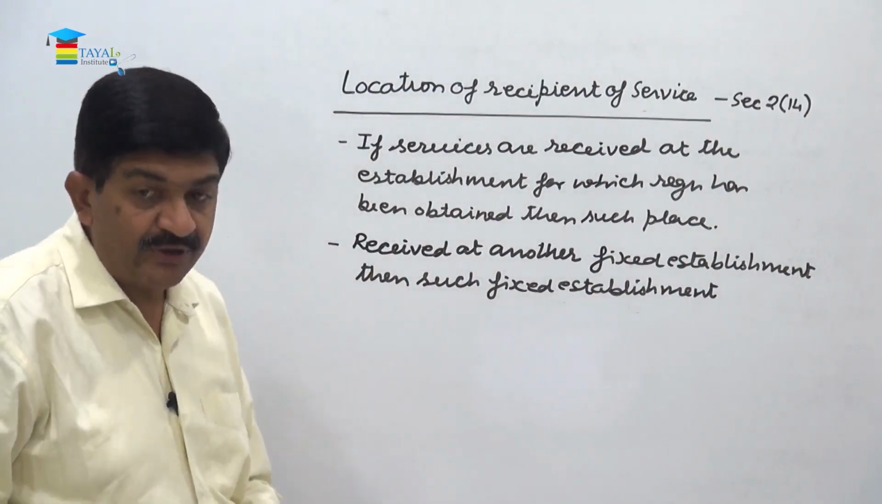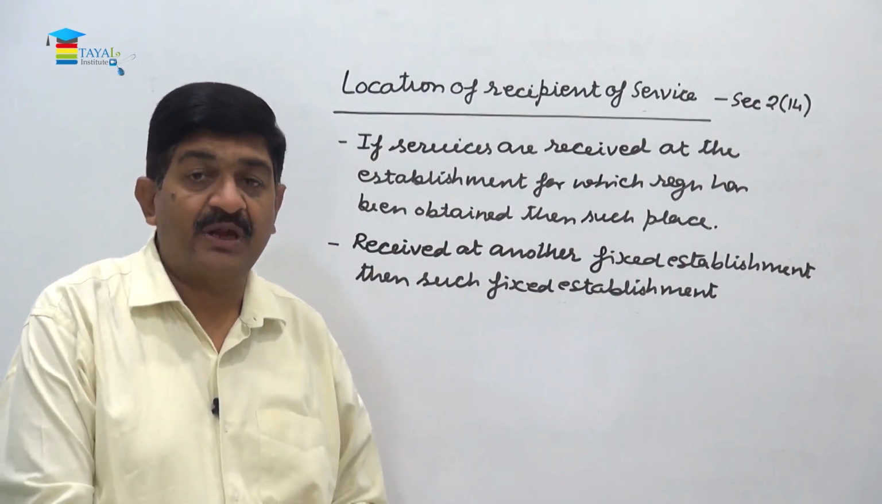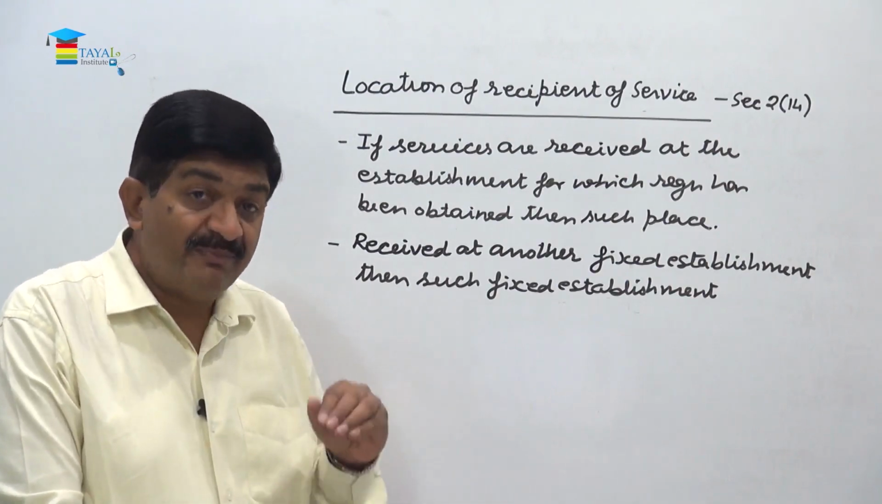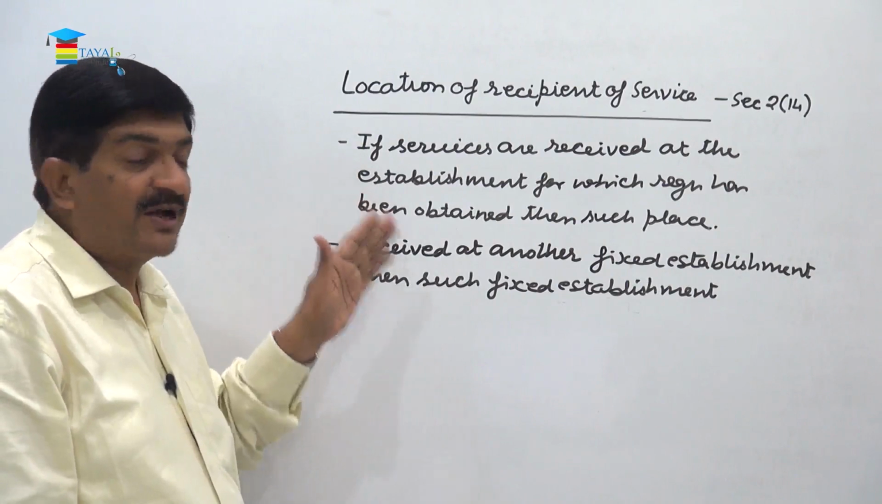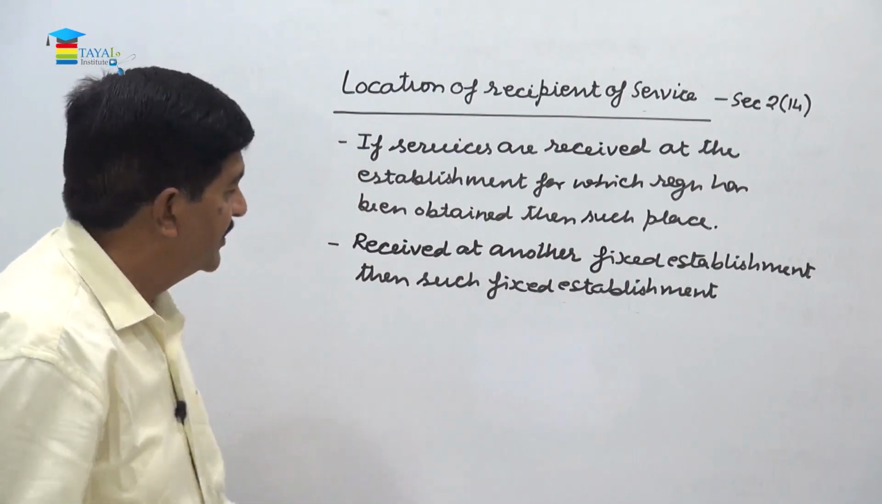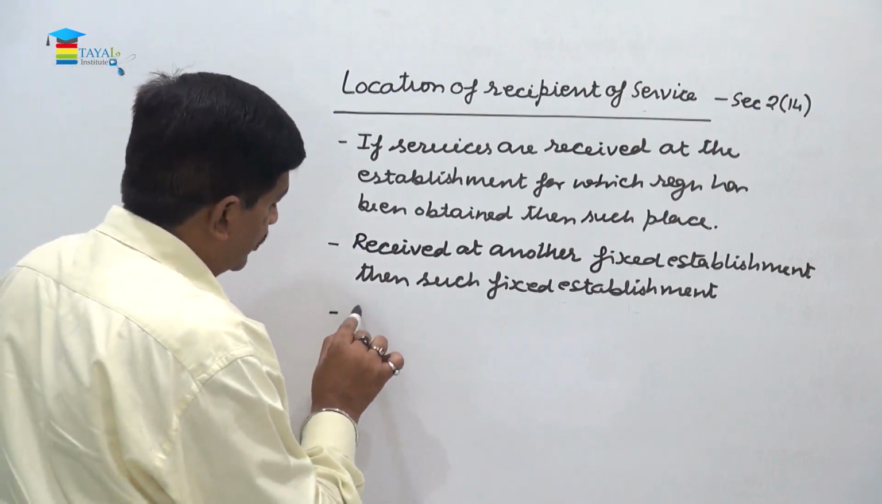Reason being, there is only one registration in the state, and you can have a number of places in the state, right? So which is the main place? It is here. Any other branch within the same state will go under this category, fixed establishment. If received at multiple locations,